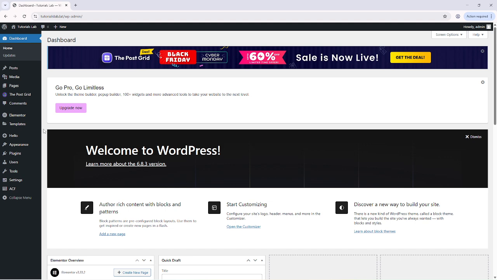Once you're in your WordPress dashboard, navigate to the left-hand sidebar and locate Elementor. Hover over it, and you'll see a submenu appear with several options. From this menu, click on Tools. This section houses various utilities that help you manage your Elementor experience, including importing and exporting features that are essential